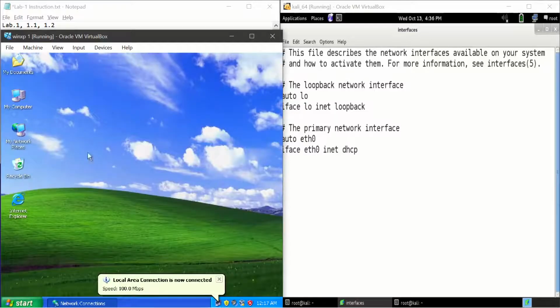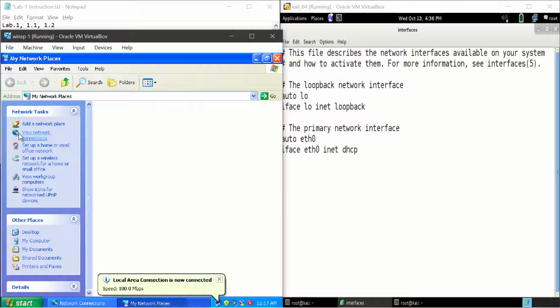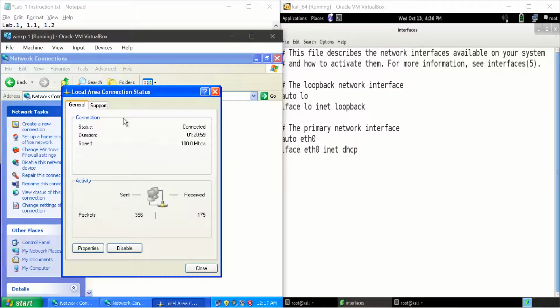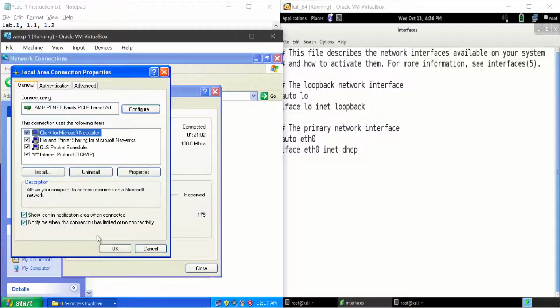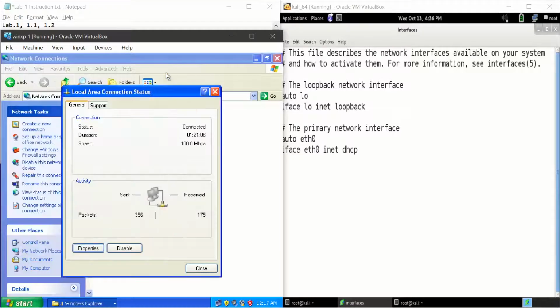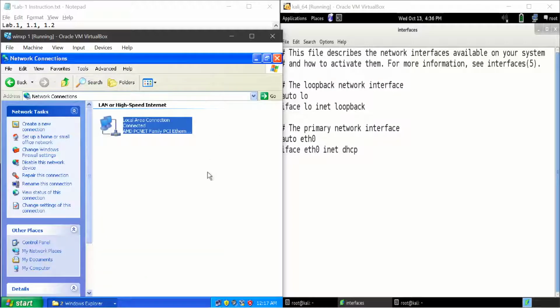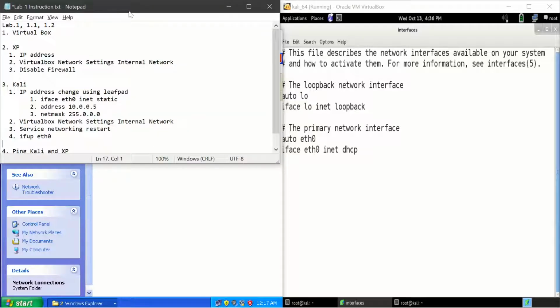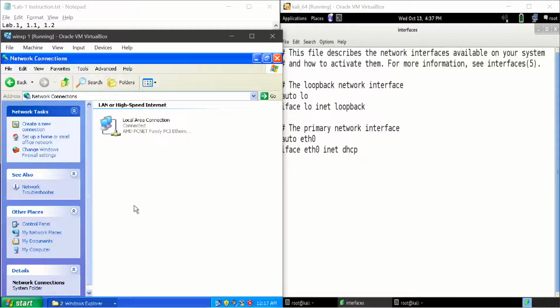This is one way. The other way is in the desktop. For example, in the desktop there is My Network Places. Double click, view network connections, and there also you can see the properties and assign the IP address. So there are different ways to assign the IP address. Students, please take care because many times you miss out assigning the IP address and the IP address will not be saved and it will be a big problem. The assigning of the IP address is over now.